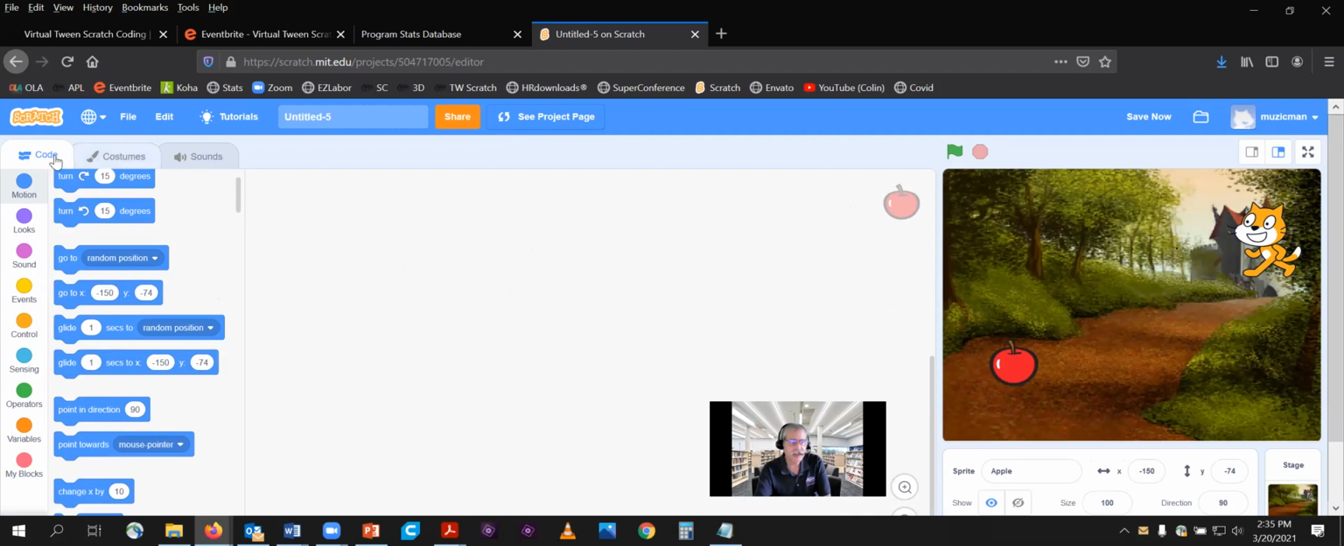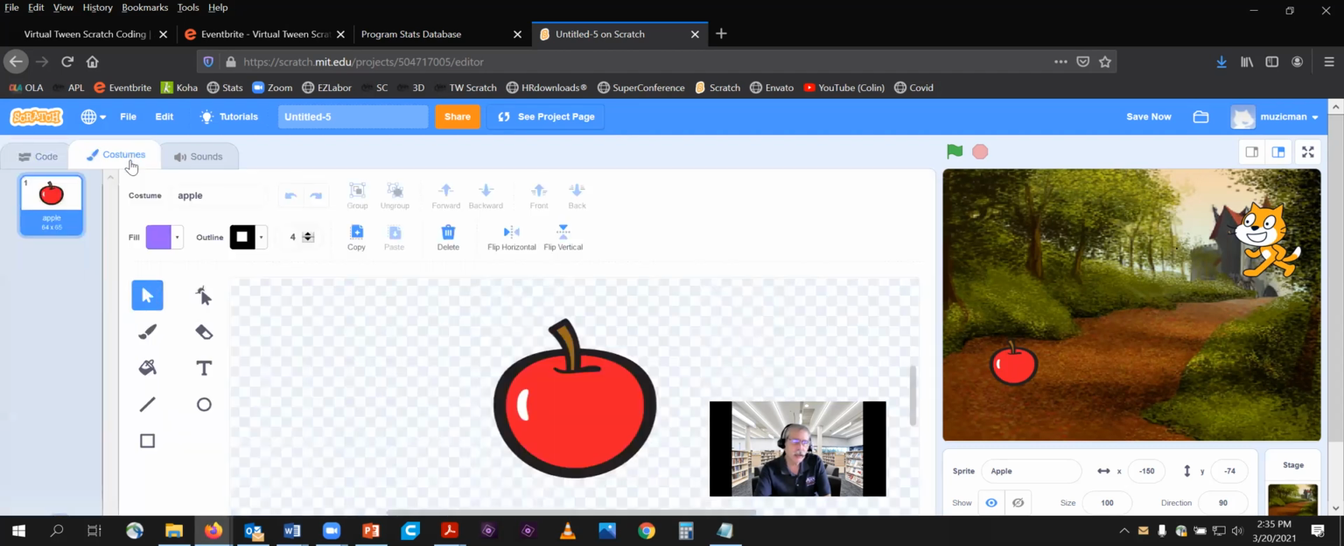as, you see these on the top left corner? Right now we were dealing with code, which is all these blocks. If I press this one next to it, which is called costumes, now we are in the mode that lets you change how your sprite looks. So we want to change the sprite from red to green. So to do that,